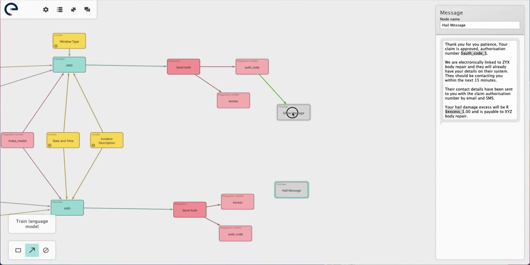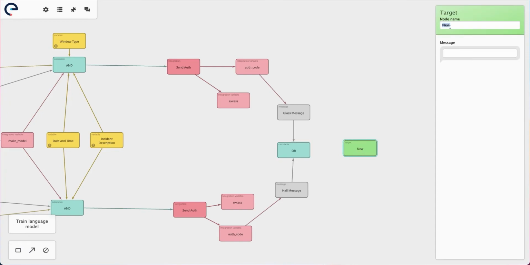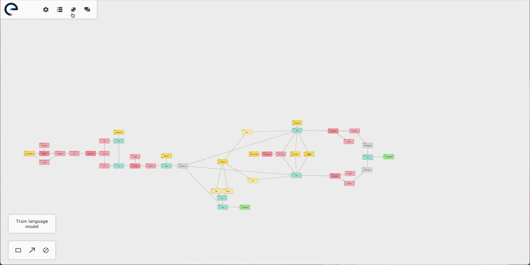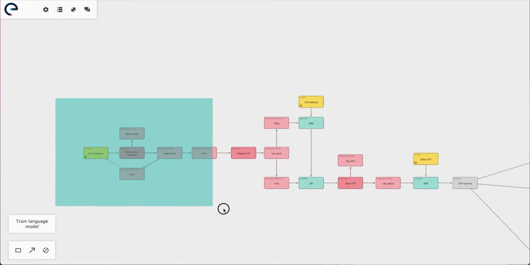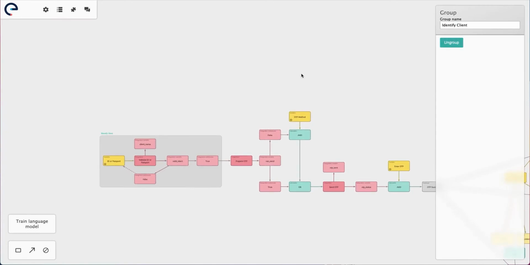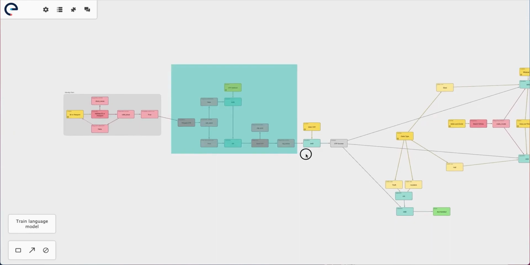The agent will confirm that the claim is approved and send an SMS notification or email to the caller with the following details: the claim reference number, confirmation that an instruction with all relevant details has been sent to the Fitment Center and that the center will be in touch with the caller shortly, the Fitment Center's details, and confirmation of the excess amount. This entire journey took less than 2 hours to build and with no coding required.